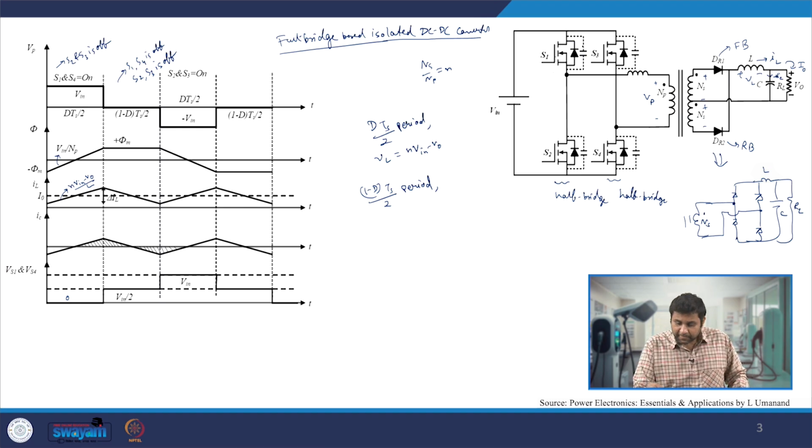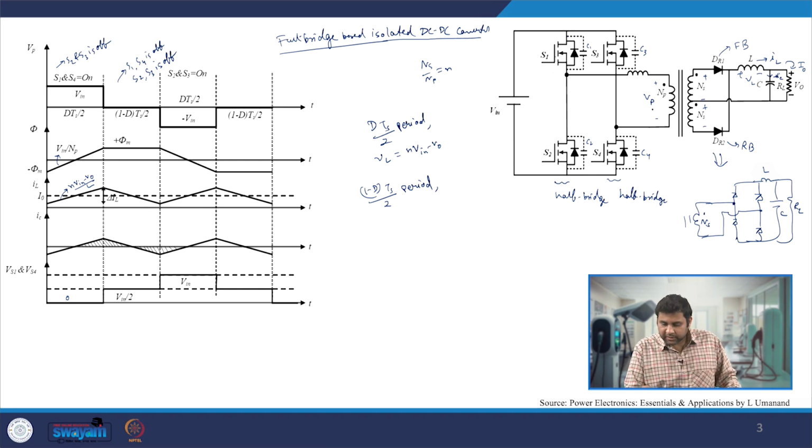So the voltage from this part to this part will get equally divided among C1 and C2, similarly among C3 and C4. In the ideal case, if C1 and C2 are the same and C3 and C4 are the same, the voltage which is applied at this point is V in by 2, and here also V in by 2. So actually there is no voltage imposed upon the V primary, and that is why we will see the V primary voltage is equal to 0 since all the 4 switches are off.